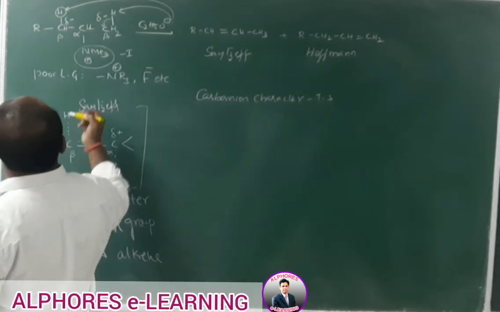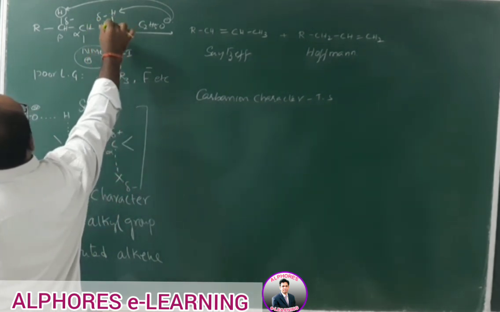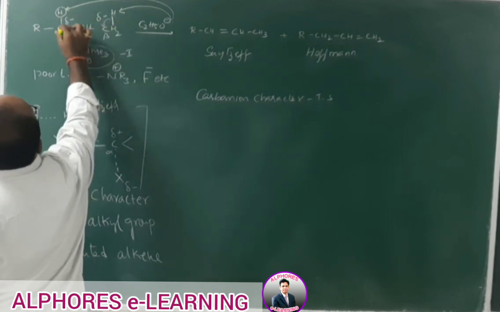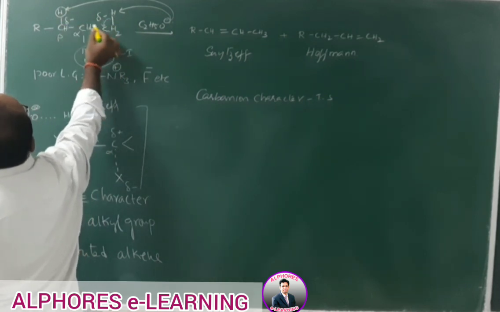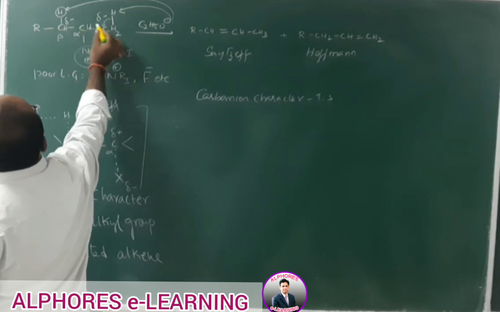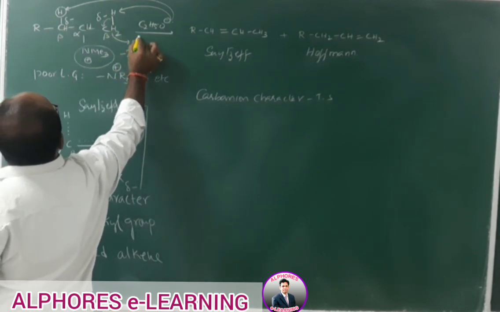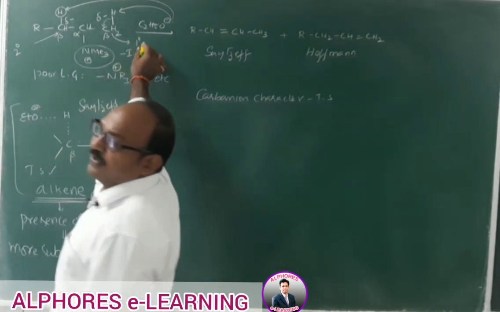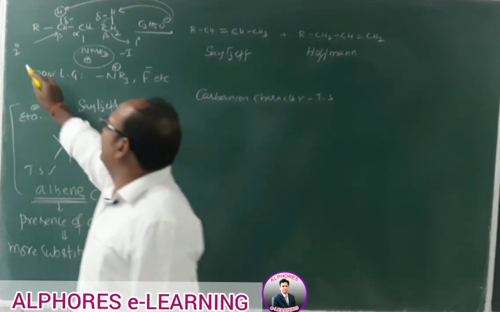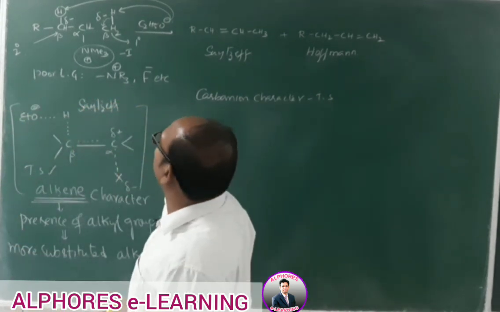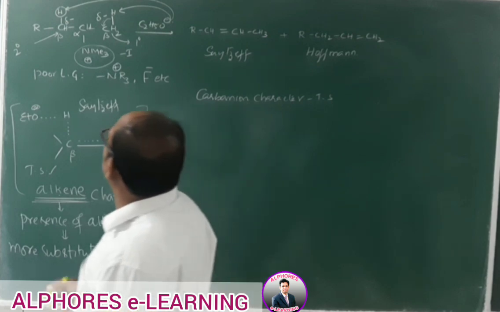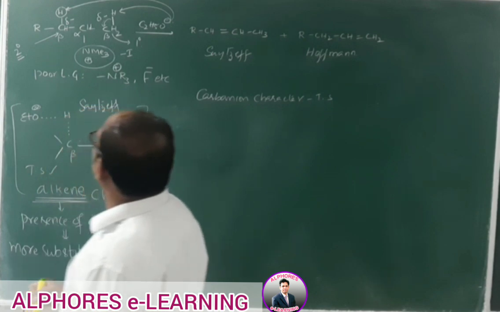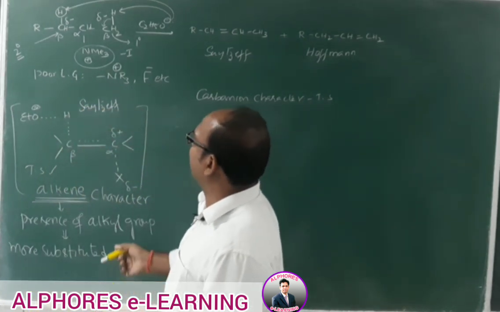Whereas in Hofmann elimination, or if the leaving group is a poor leaving group, we get a carbanion-character-containing transition state. Now if you observe here, because of carbanion character, of these two carbon atoms we need to check which one is more stable. This one has a primary carbanion, this one has a secondary carbanion. Of primary and secondary carbanion, primary carbanion is more stable than secondary carbanion.